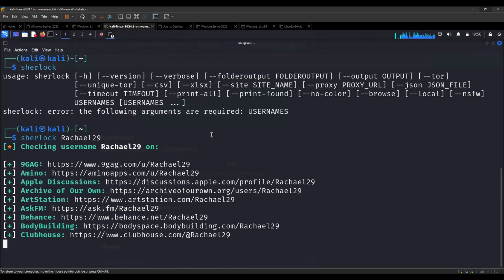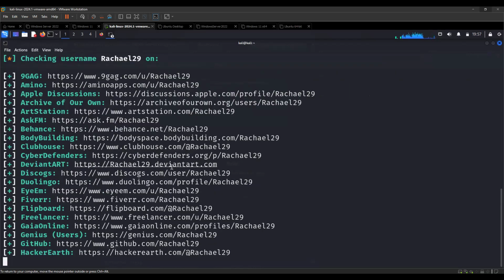Even in a classic pen test, everything you find at the beginning may not be everything you test at the end of the day, right? So in the information gathering stage, it can give us several links to different platforms it finds the username on. Some of them may belong to you, some may not, because these are just usernames. Other people can use the same username to register on different platforms. So this username is going to come up in multiple places, and you can just copy the link and see if it is valid to your search or not.